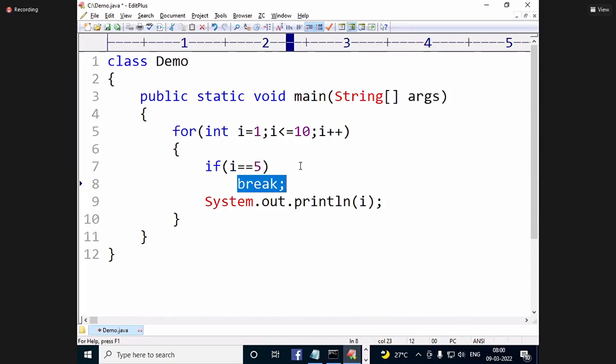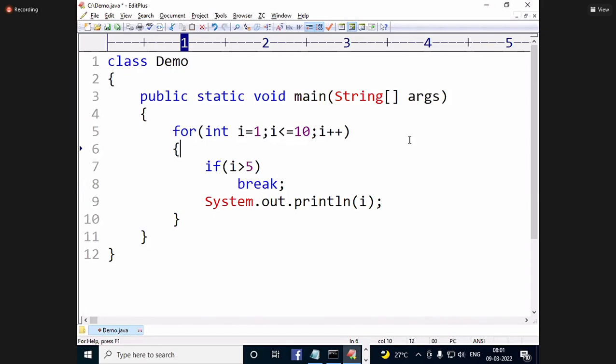Okay. Now, a little bit I'll change. What will the output be? Give the answer. Here, i greater than 5, break. Now, give me the answer. 1 to 5.